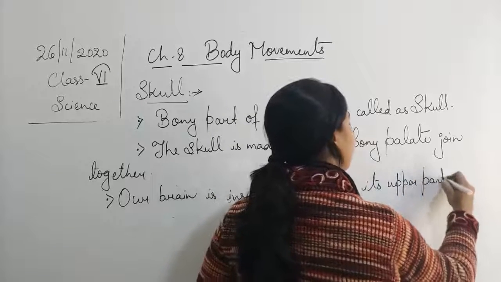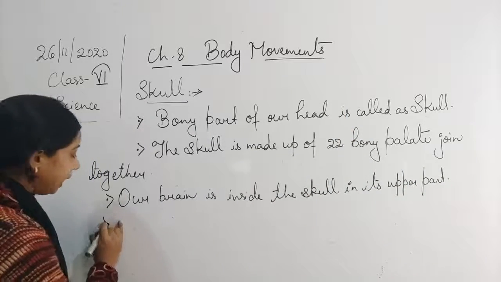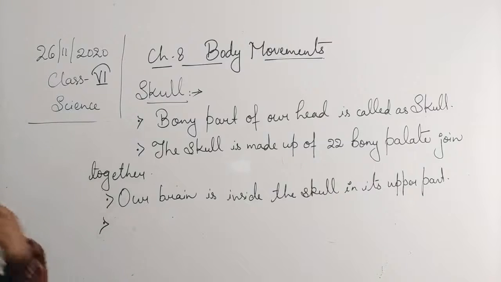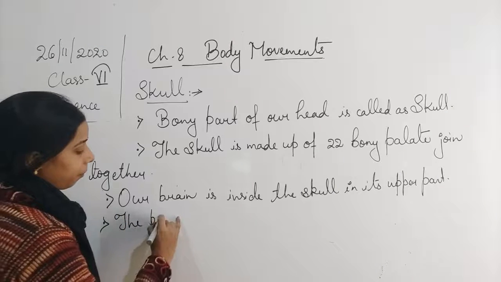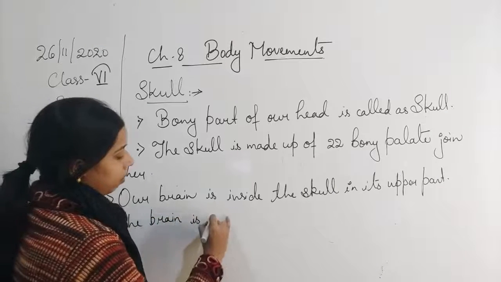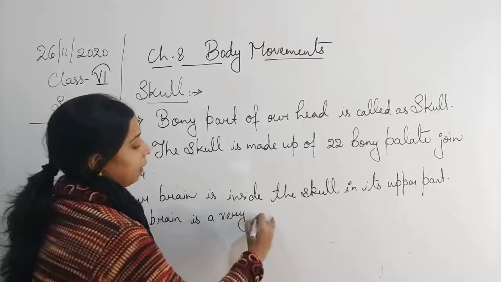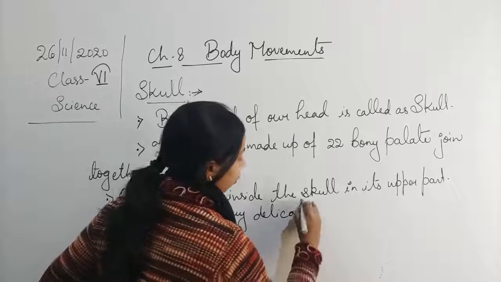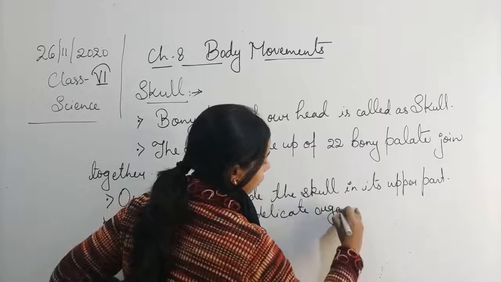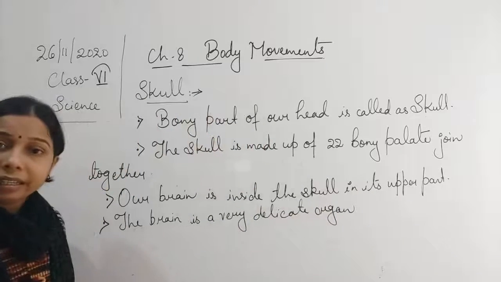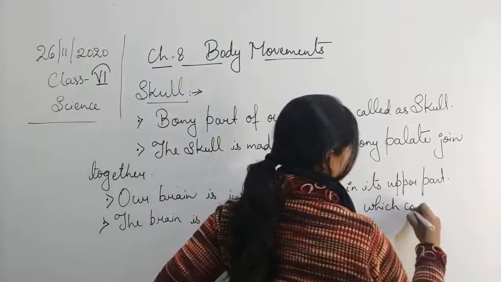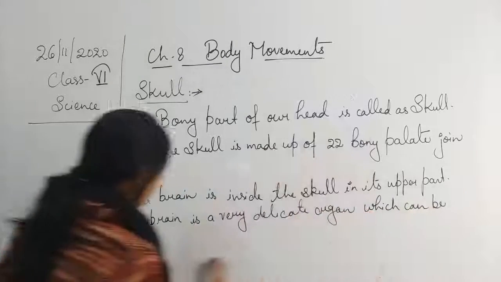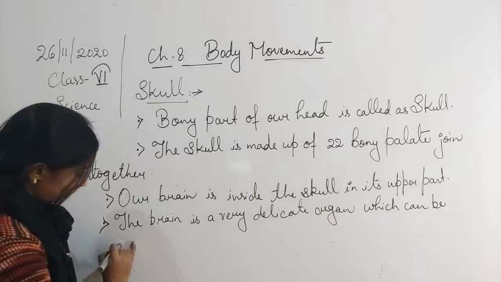Now you see, the brain is a very delicate organ, and it can be damaged by any kind of injury. It is a very delicate organ which can be damaged easily